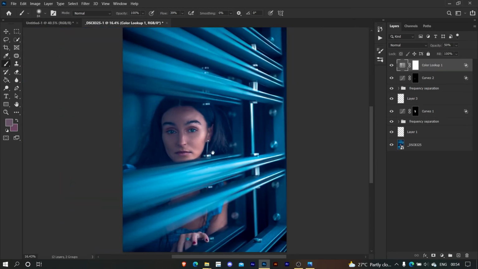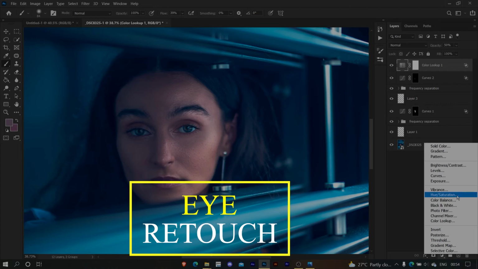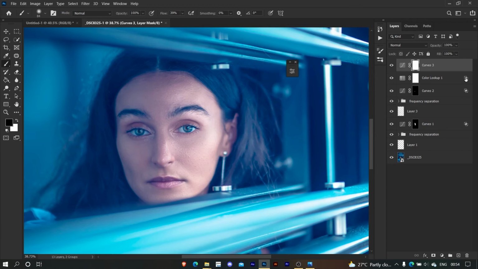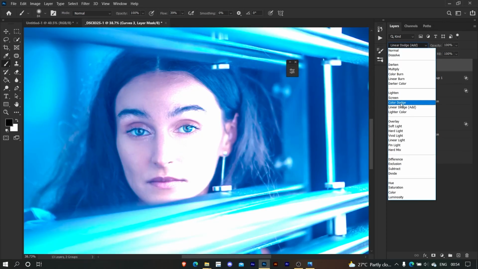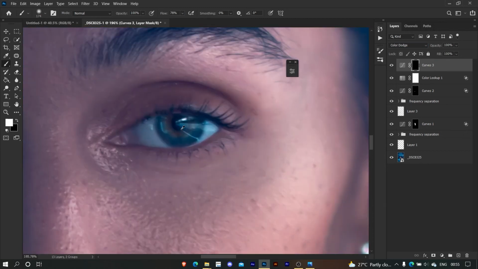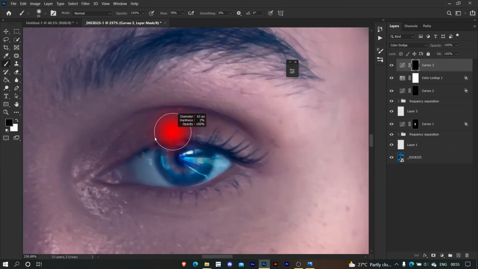But now as you can see the image is very vibrant and colorful and bright, but the eyes are very dull. So we'll make the eyes pop out more. We'll go to curves, increase the curves, and then change it to color dodge. Invert it, take a brush, make it large, increase the flow to around 70-80%, zoom into the image, take white as the foreground color, and then dab once on the eye, dab once more on the other eye. Now remove it from the excess areas.